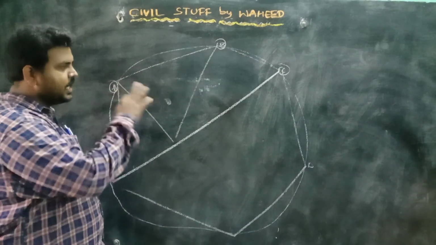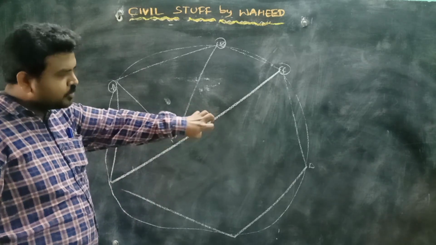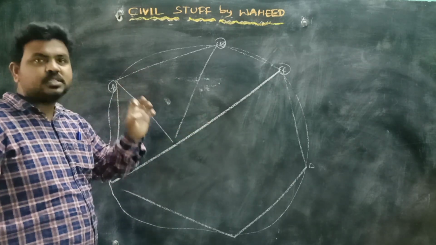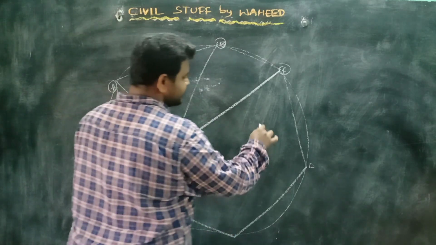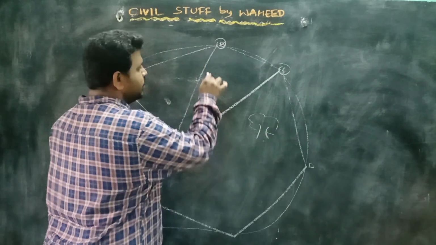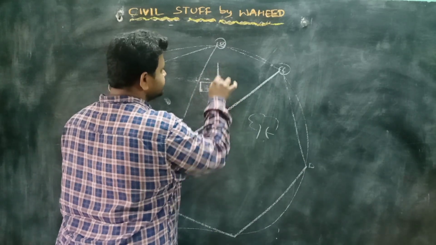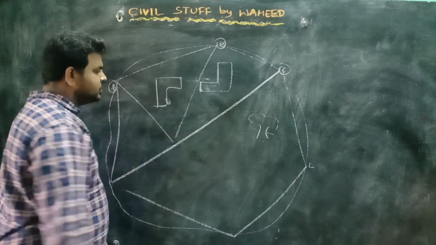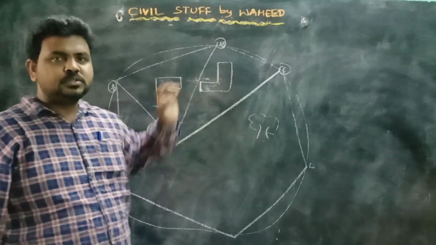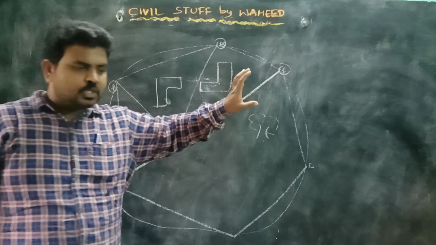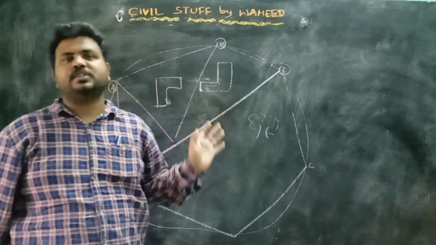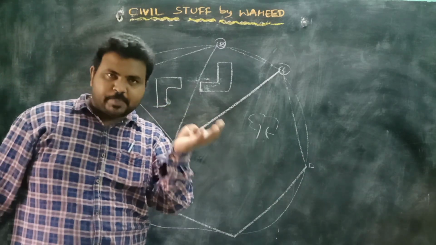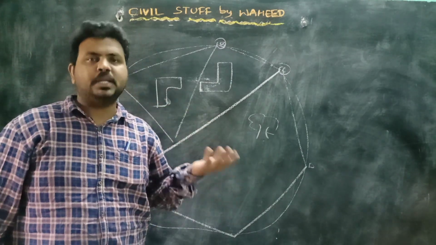Now, in this area, if I need to incorporate the details of objects, say for example one tree is there, or one building is there, next one more building is there, just like this. In order to pick up these values, you are supposed to take offsets. What are the two types of offsets we discussed? Either a perpendicular offset or an oblique offset.